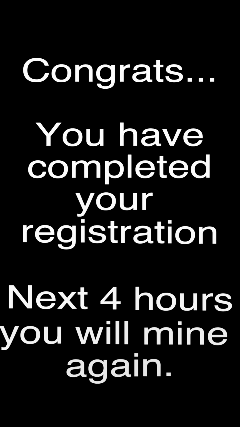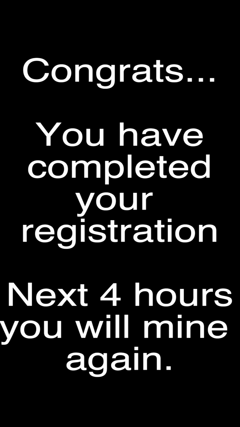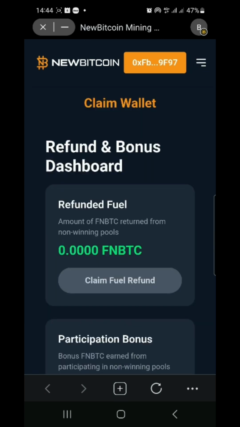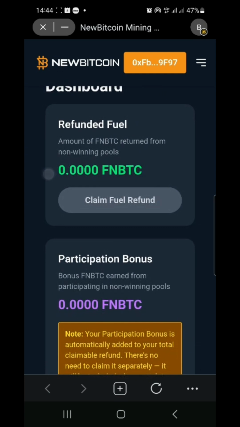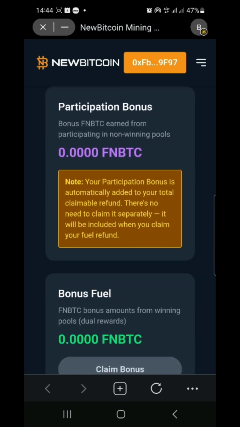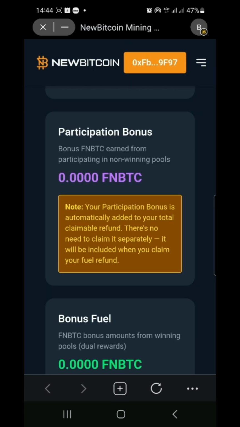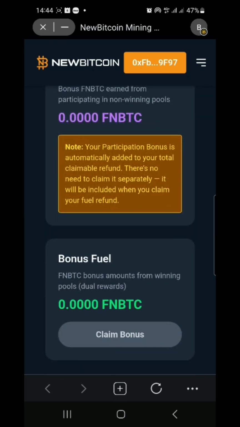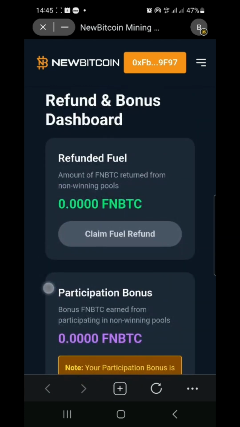Then after this, the next thing you will do in the next 4 hours is to click on your main menu and click on claim wallet. You will see refunded fuel will become active for you to claim fuel refund, and you will also see your participation bonus will be automatically filled with the number of FNBTC you have been given, and the bonus fuel here will also be filled up with the quantity of FNBTC that they have given you as the bonus fuel. Just click on claim bonus, and then here click on claim fuel refund,